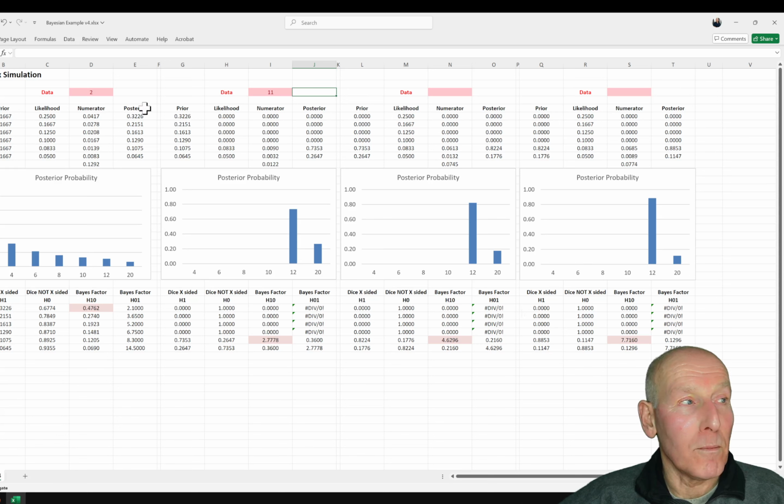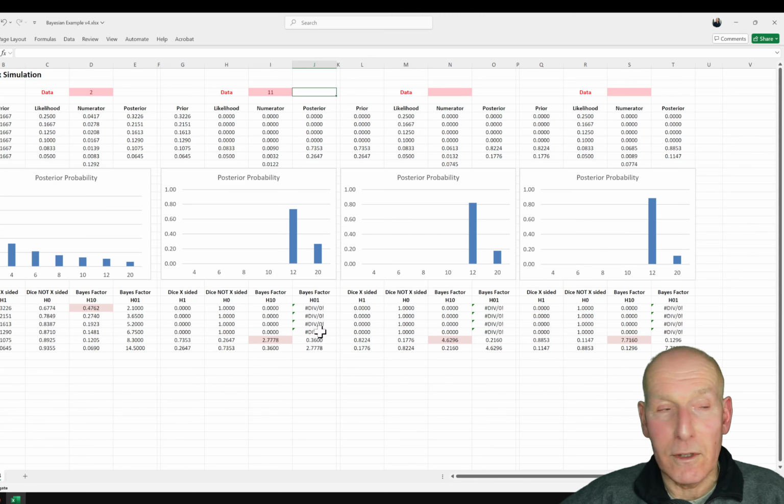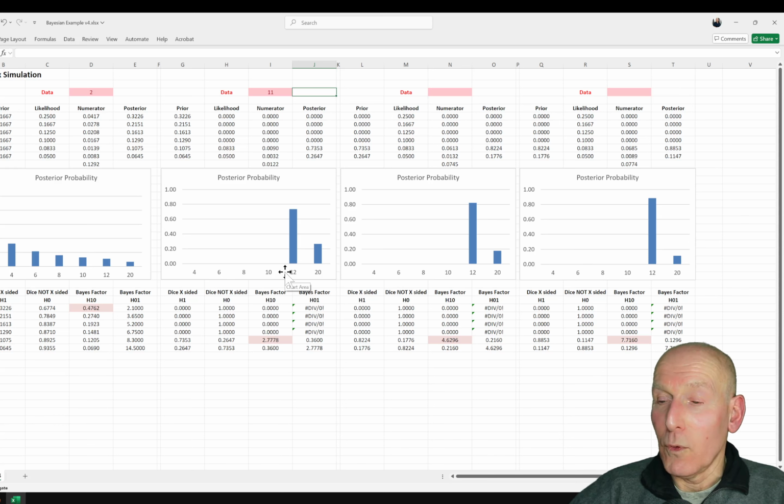And you can see how this has happened. In other words, we've got the posterior after the first roll that's been moved into the prior. We've got the data, which gives us the likelihood, and we multiplied them together and normalized. Here are the values, and you can see now when we come to the Bayes factor, then we've got 2.7778 and 0.3600, and of course these values are 0, which obviously makes the inverse Bayes factor infinite. We'll roll another,